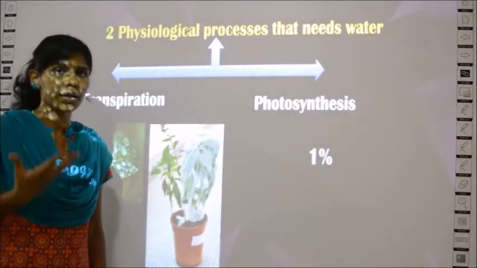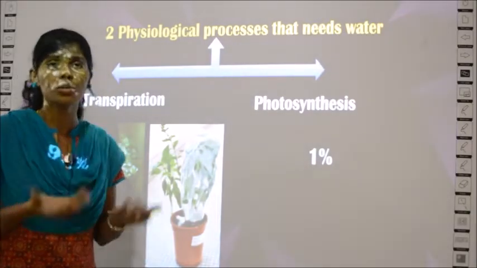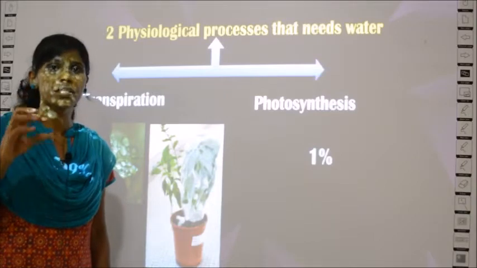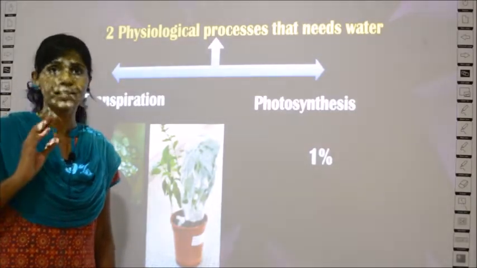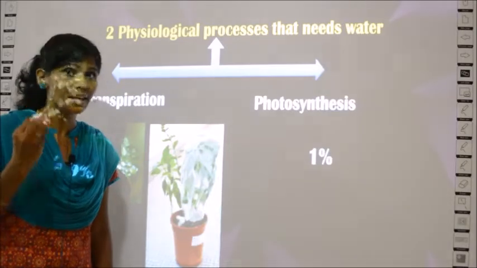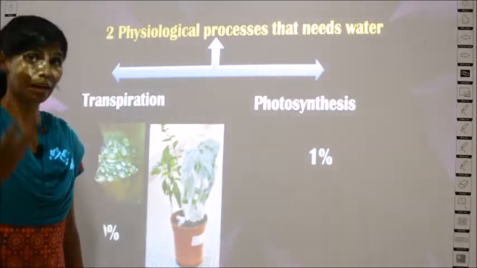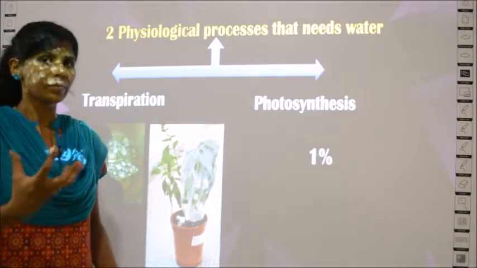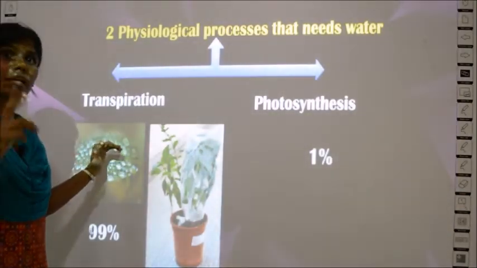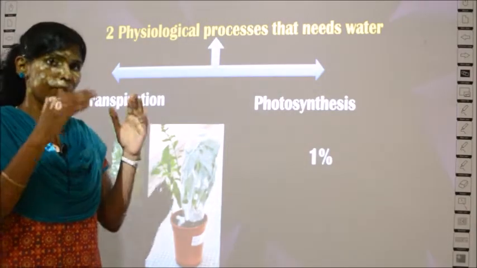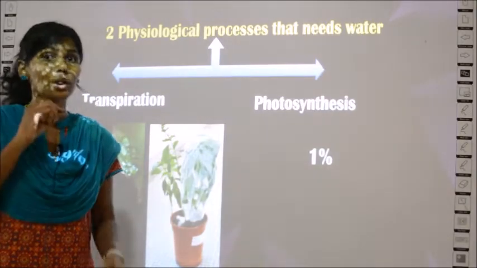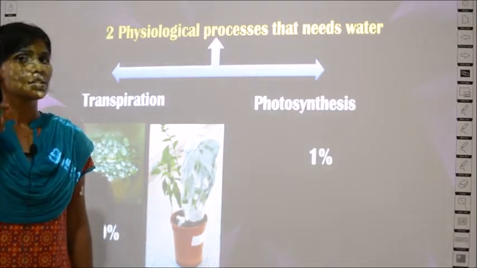Okay, so why do I talk about early morning, why not during the daytime? Because in the daytime you have heat because of sunlight and it gets evaporated. You cannot see it mostly during the daytime or during a sunny day. That's why I'm telling about early morning. So you can see water droplets on the leaf surface, that is called transpiration. So what is transpiration? Loss of water from the plant through the leaves is called transpiration.